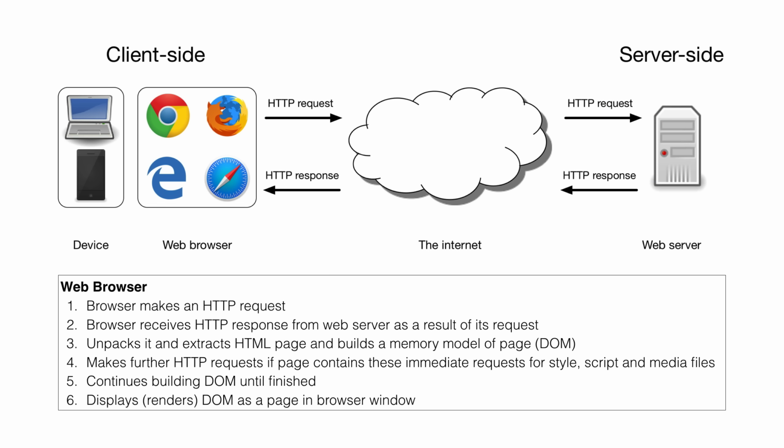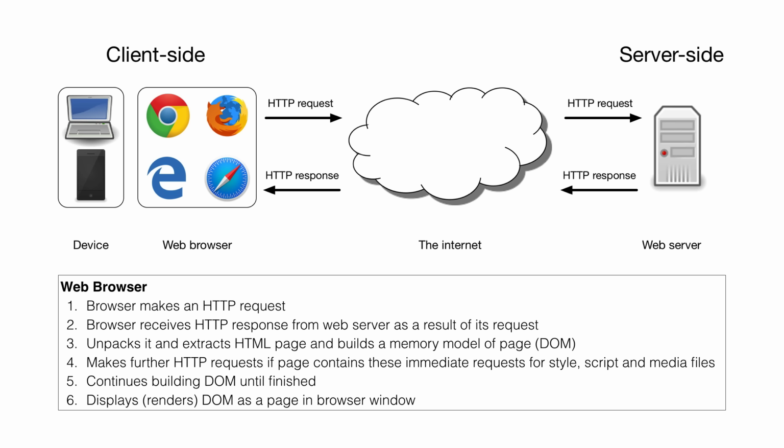It turns out that a web page isn't just a single HTML file that's returned by the server, but may be made up of lots of individual files. These could be simple things like images, for example the Google logo when you visit google.com, or other information like style sheets or JavaScript code that we'll concern ourselves with later in this unit. So the process here really is the browser makes an HTTP request, it receives back a response, and it interprets